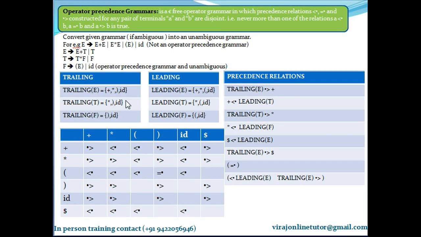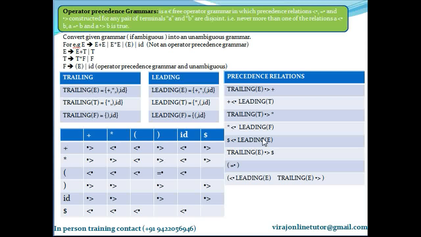So now let's mark precedence relations. Trailing rules are almost opposite to leading rules. In leading rules, we focus on gamma A delta, where gamma is epsilon or a single non-terminal. In trailing, we focus on delta, which has to be epsilon or a single non-terminal. Similarly, the second rule in leading said look out for productions starting with a non-terminal, and for trailing it says look out for productions ending with a non-terminal. Interesting, right?